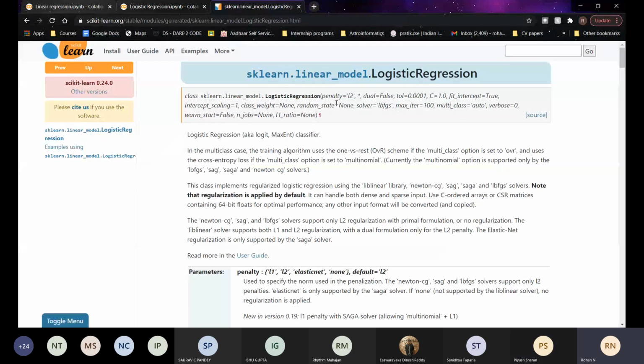You can change that. Let me show you. Yeah, there are 5 options like Newton CG, Liblinear, Saga, etc. And there are many other things that you can try out. We'll be sharing the notebook, of course, so you can make changes and experiment on your own.